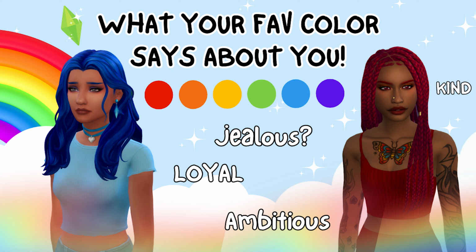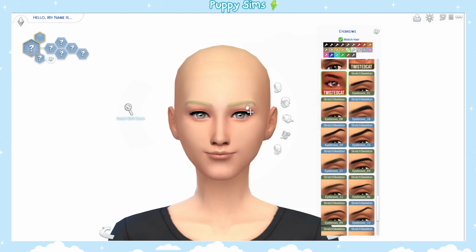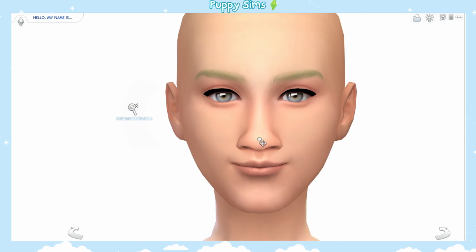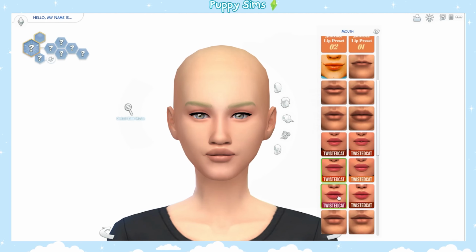Today I thought it would be so fun to make a sim for every color and tell you what our associations and the meanings behind each color are. Now, your favorite color doesn't necessarily have to do with these associations that we have, but as humans we all have associations to color, and so I thought it'd be fun to talk about that while we look at the